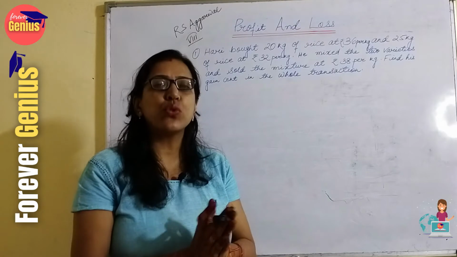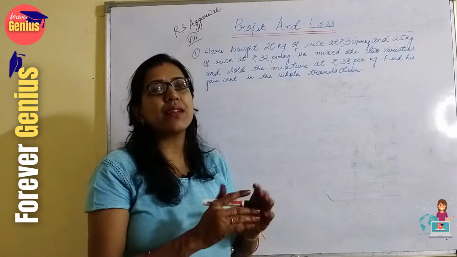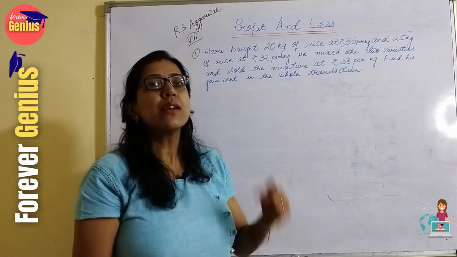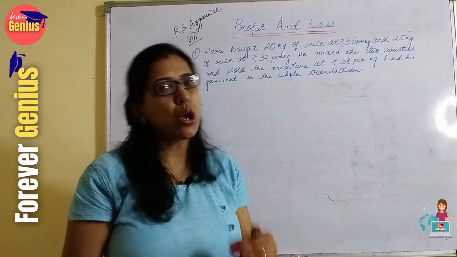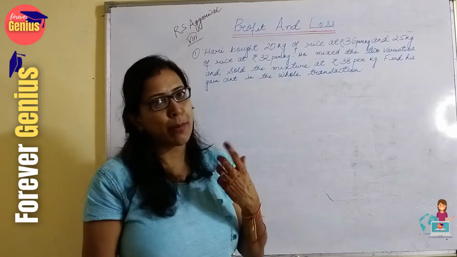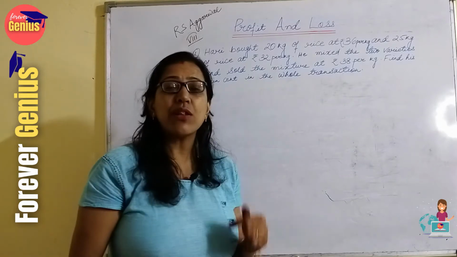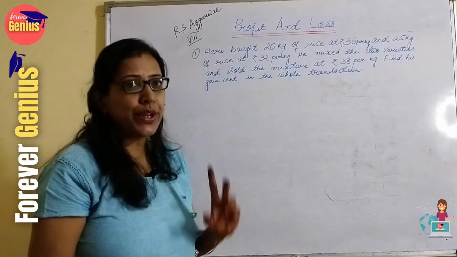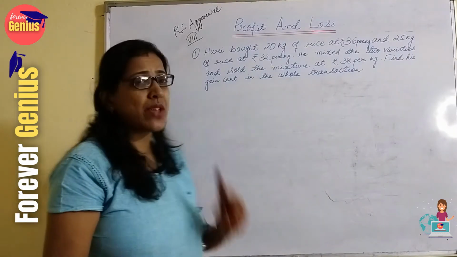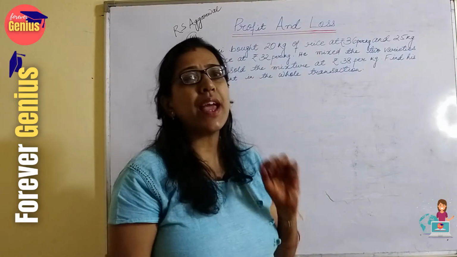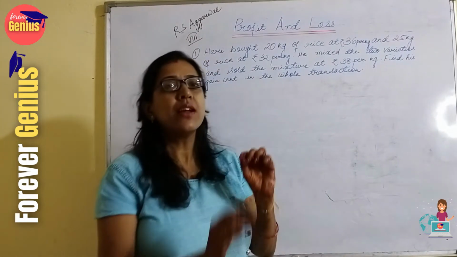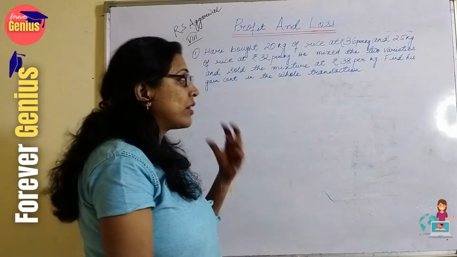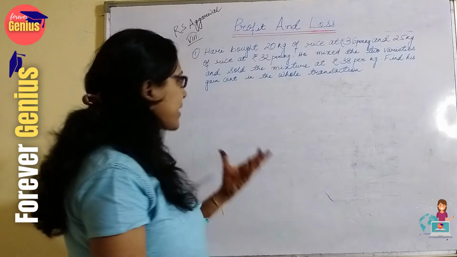The shopkeepers do these things so that they can maintain a balance by providing the quality as well as maintaining the price of the commodity, so that they can give the best to their customer and they can also earn a profit on it. So how do they do it? This type of sums are involved in the day-to-day activities of the shopkeeper. See, how are we supposed to determine the price in this case?